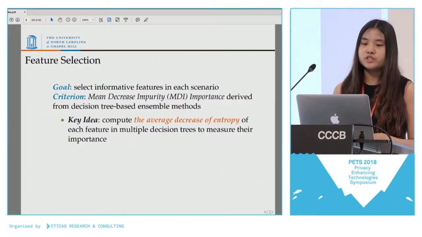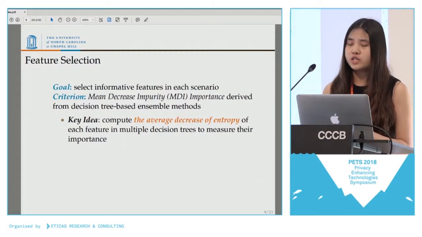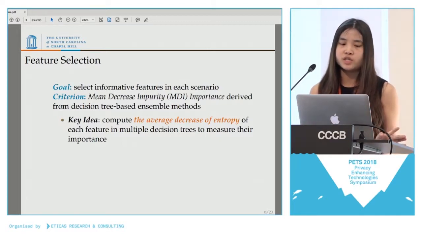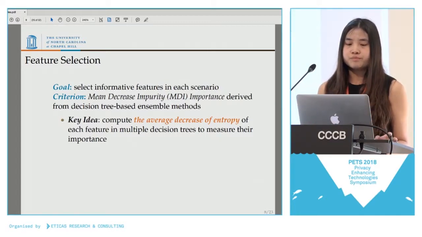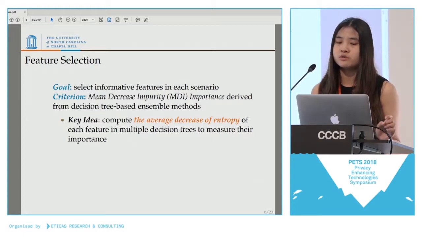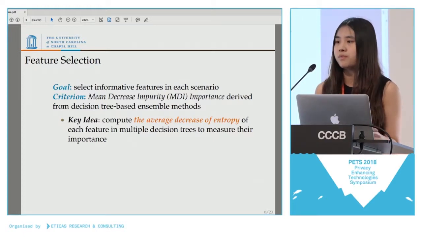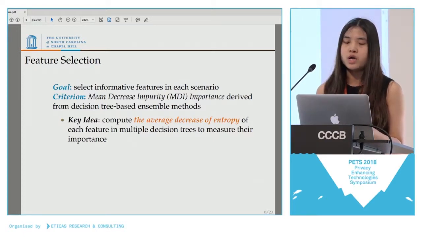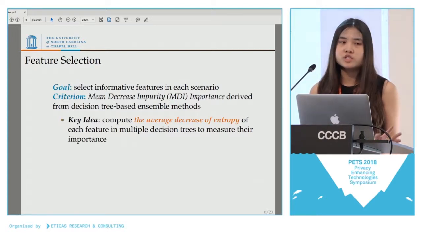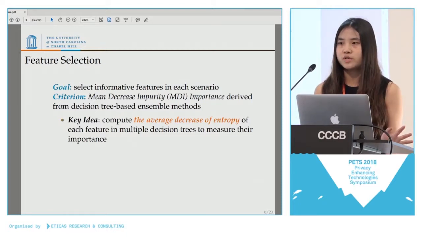So having determined the features and the communication scenarios, our next goal is to perform feature selection to select informative features in each scenario. To measure the importance of each feature, the criterion we use here is the mean decrease in impurity importance derived from decision tree-based ensemble methods, such as ExtraTrees or random forest. MDI importance has been widely used in gene selection, so I won't give details here, but we can discuss later